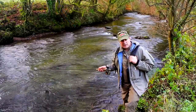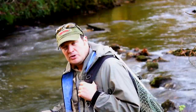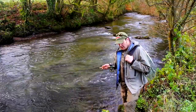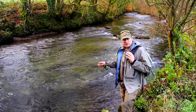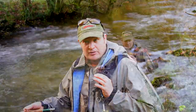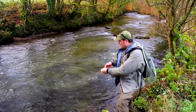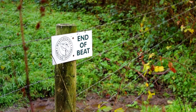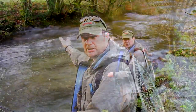Well, welcome back to West Larrick. We've come a bit later on. On our first visit, we couldn't get through the trout, and as they were out of season, we thought we'd best leave them alone. So it's a little bit later in the year now. Nice water conditions, a lot clearer than the last time. We're at the bottom of the beat, the beginning of the beat. We've got a nice little stile here to get in, and this first little pot here, you can actually walk down to the beat sign and fish up through here, and then we've got several hundred yards of fishing through